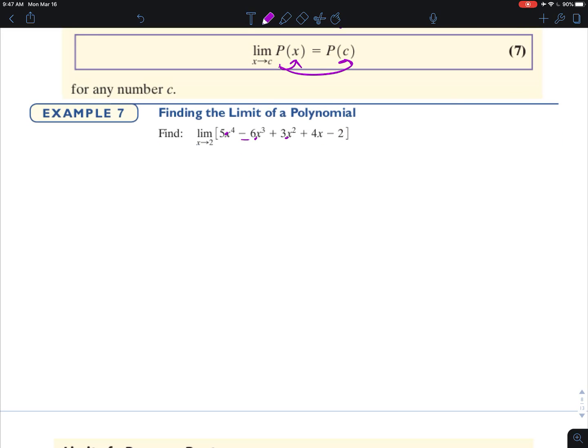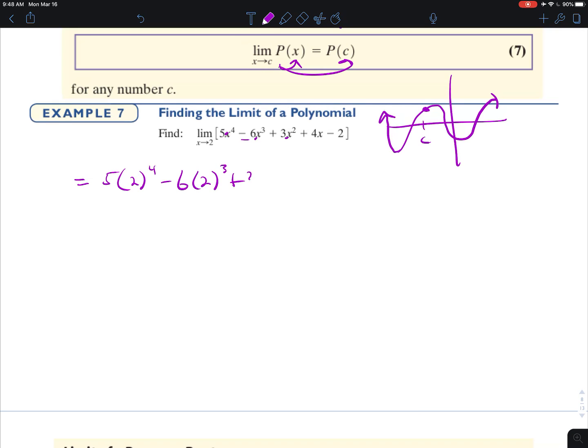Because it's a polynomial, and we know that the polynomial behaves in a continuous way. This happens to be a positive 4th degree function, so maybe I'll just make it look like that. There's no gaps, there's no breaks. If I pick a value c here, it's headed towards some number, and that number is f of c, or in this case p of c. So in this problem, the limit as x approaches 2 is going to be the result of plugging 2 into the polynomial. So we'll go ahead and do that